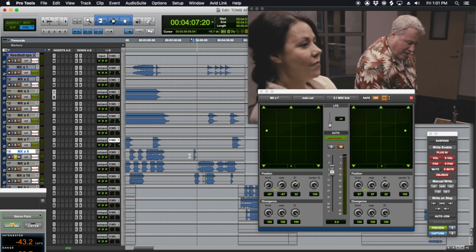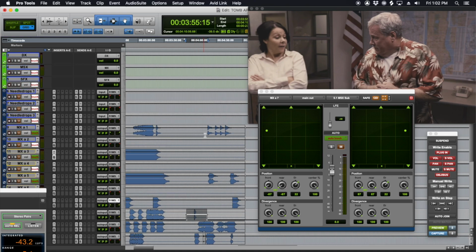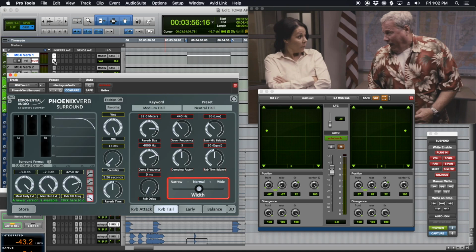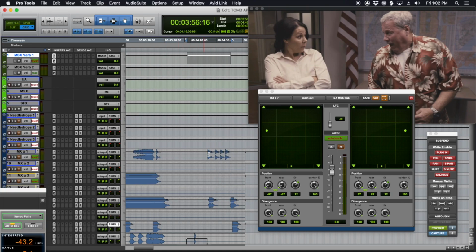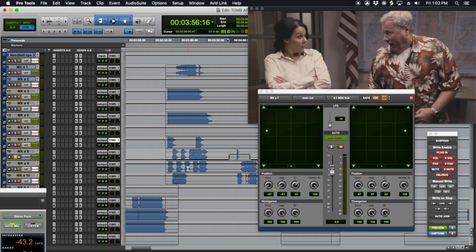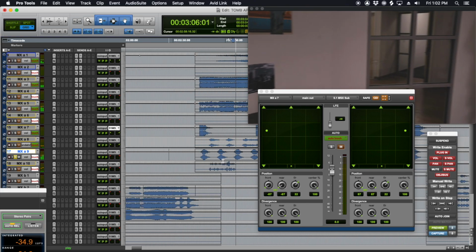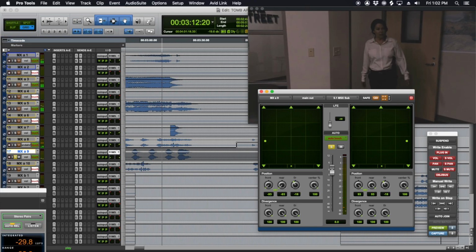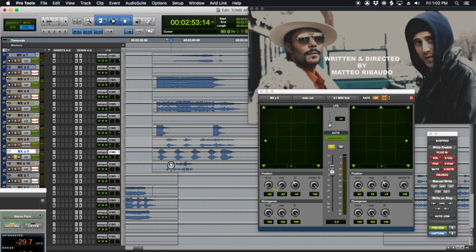That's kind of cool. That one I think I'll bring back a little bit. And I'm also going to verb that out pretty severely. So that's going to MX verb 1, which I've got up here. Need to make that touch. And I think I've got a preset for money verb. Option command right to selection. Okay, so we got that. Cool. Little detune. That I'd like to be pretty, I might even bring that back here. And I'll probably automate that with each one of those pulses. And then